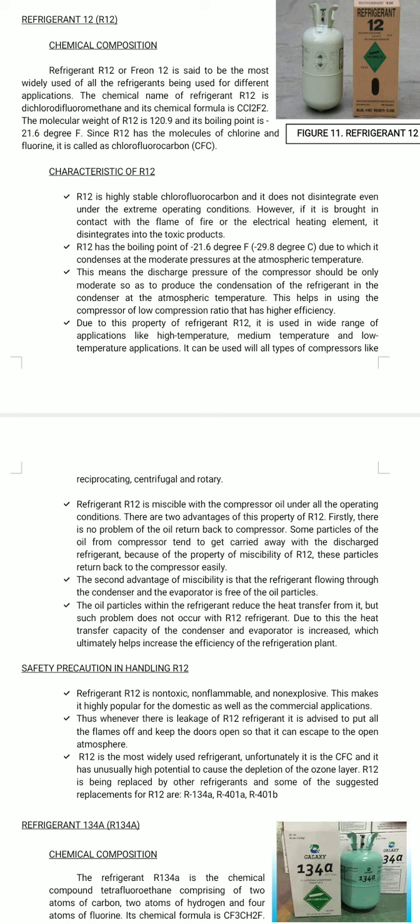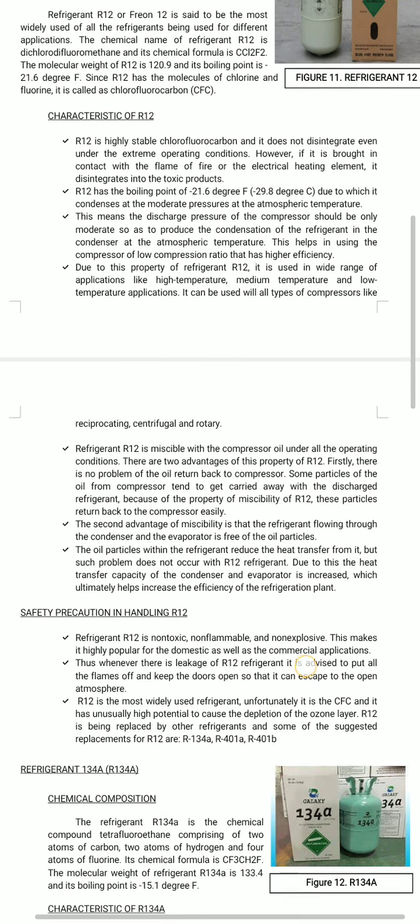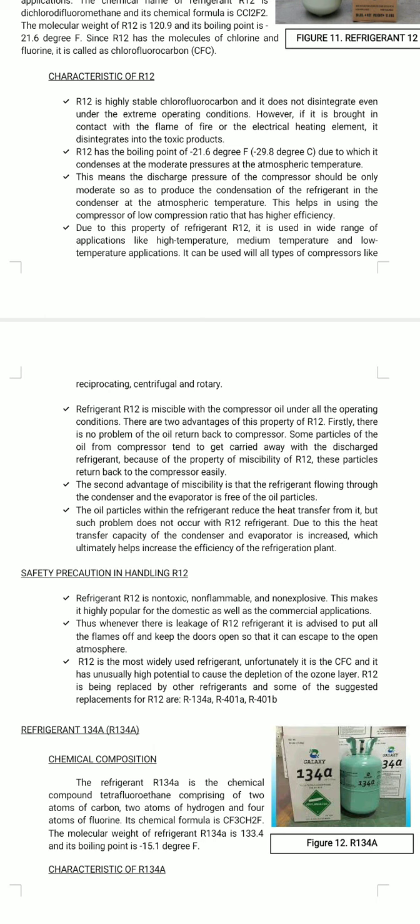The molecular weight of R12 is 120.9 and its boiling point is negative 21.6 degrees Fahrenheit. Since R12 has the molecules of chlorine and fluorine, it is called chlorofluorocarbon or CFC. So what are the characteristics of R12? R12 is highly stable